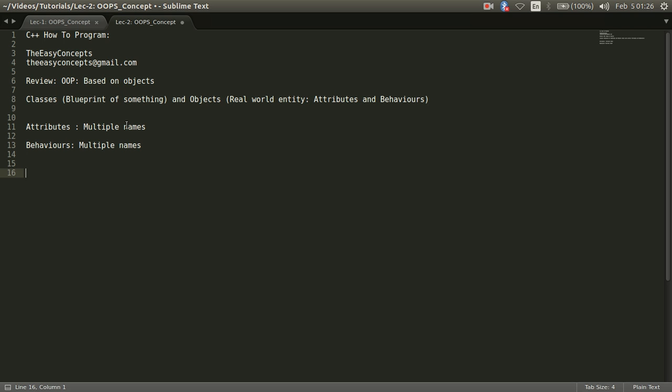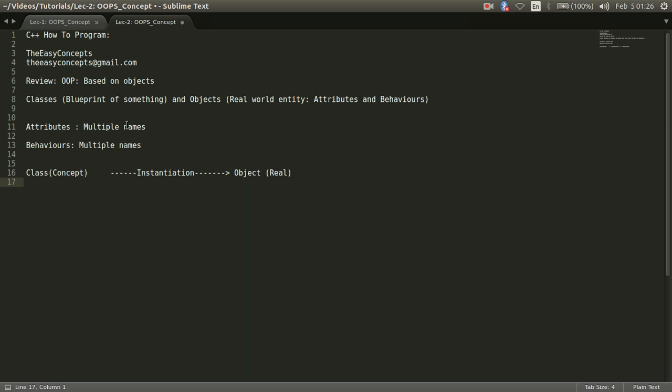Another thing, we have a class, and there is a process that is called instantiation, and through instantiation we get an object, a real thing or concept.